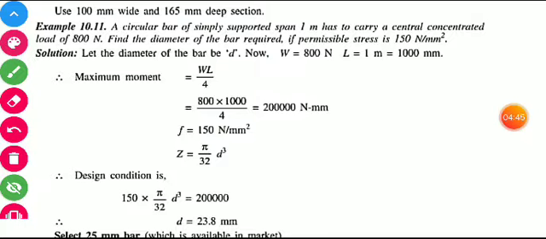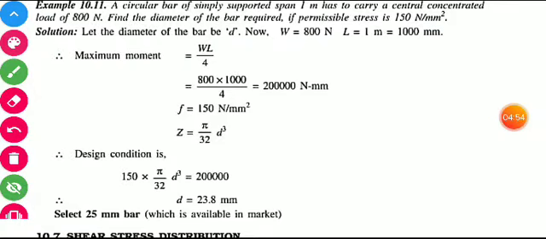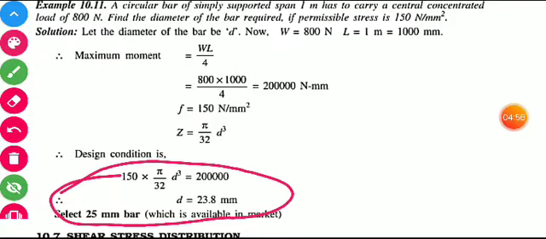But for simplicity, there is a different range of sizes of bars. Like in the construction field, I think all of you know values like 6 bar, 8 bar, 10 bar, 12, 16 bar, 18 bar, 20 bar. This is the range which is easily available in the market and broadly adopted universally.